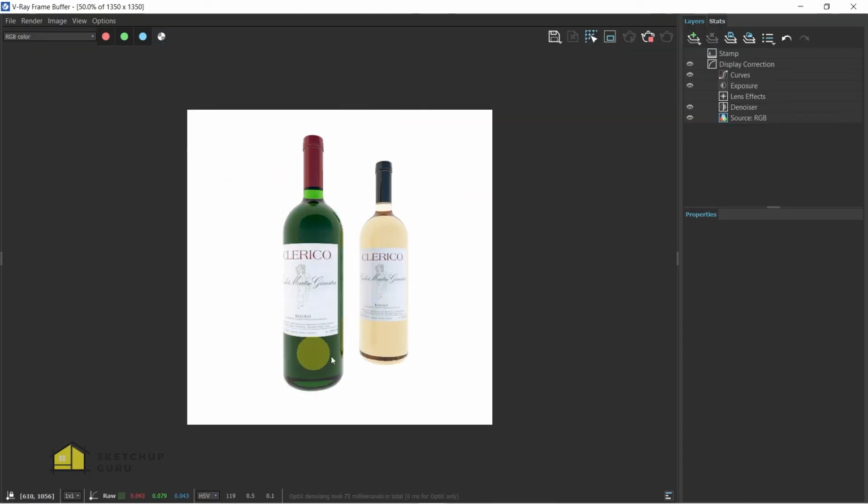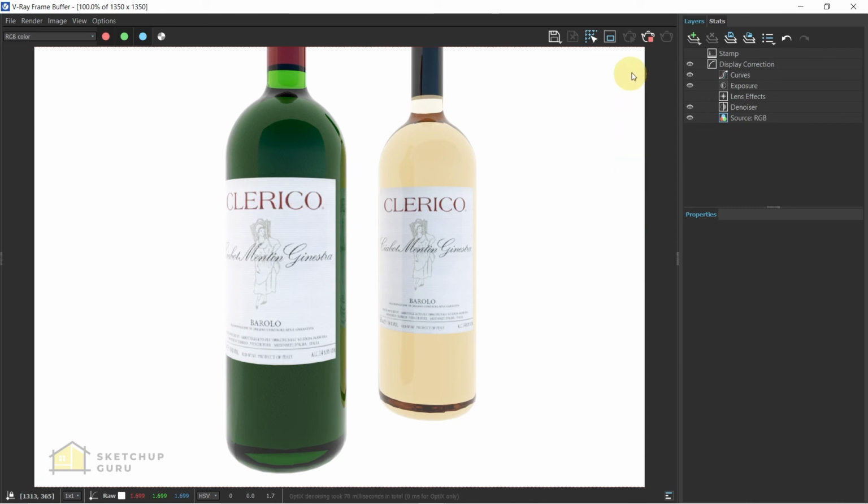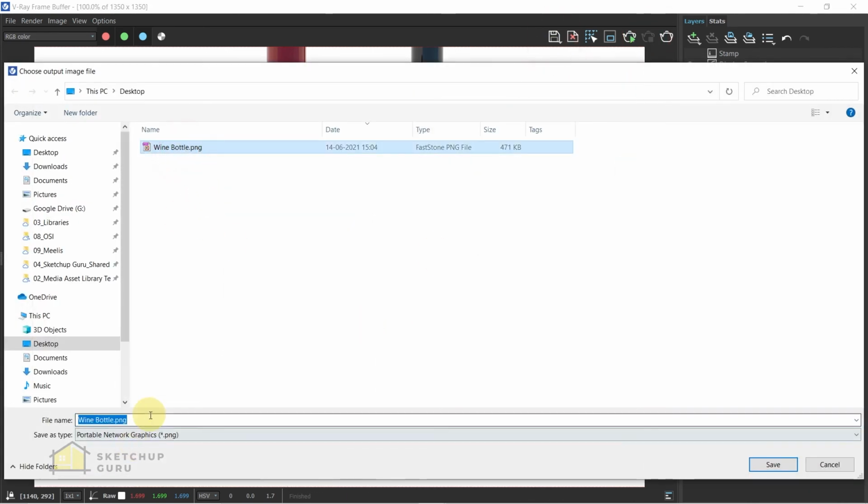So if you like this kind of a studio lighting setup, you can go ahead and use the mesh light for your studio. Once you're happy, you can save this out. I'm just going to save an interactive render this time. So click on stop and click on save. And I'm going to call this mesh light option.